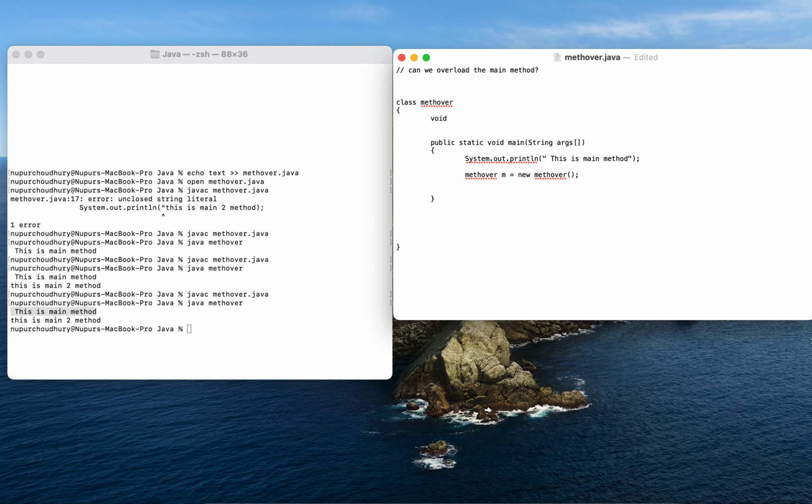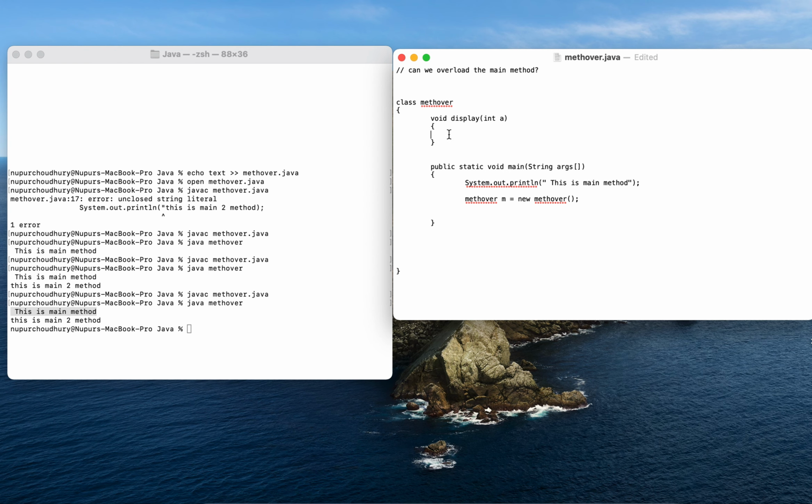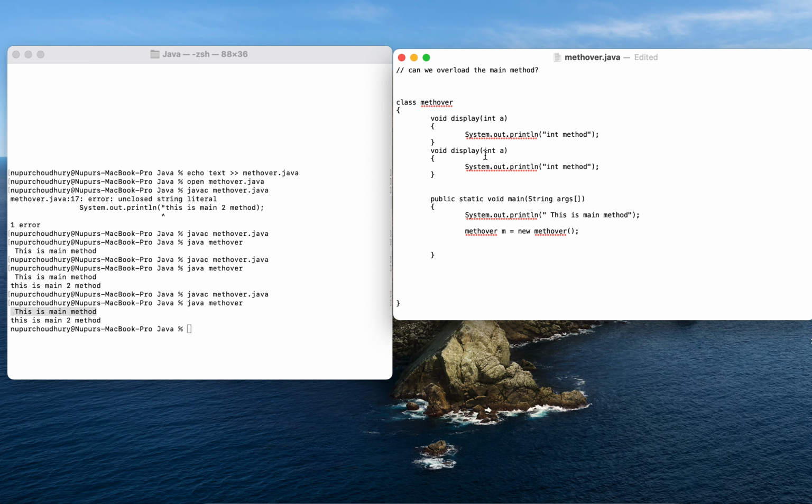So first one being void display, and here I am passing int a as argument, and similarly I will have a print statement here, system.out.println, where I am keeping it as int method. And in the second one I am keeping another display method, with the same name of course, and here I am keeping string a, and let me rename this as the string method.